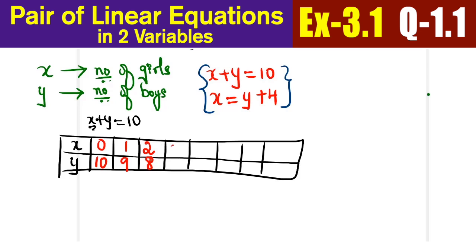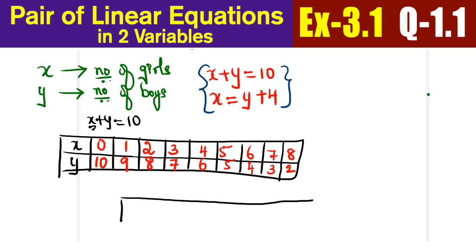So you can simply start filling it. So this is x is 3, y is 7; 4, 6; 5, 5; 6, 4; 7, 3; and if I decide to generate 8, 2, and so on. So now I have generated a lot of points. I can plot that later. So now let's do the same work for the second equation.